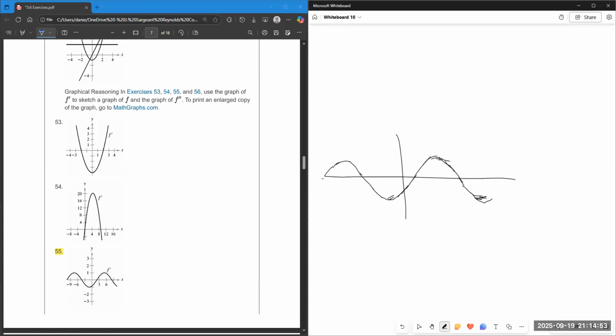It's like that. And this is supposed to be y prime, or f prime. So they're asking, what is the potential graph of f? If this is my slope function, this is going to be something that is kind of related to cosine, but it's going to be negative and still negative with a